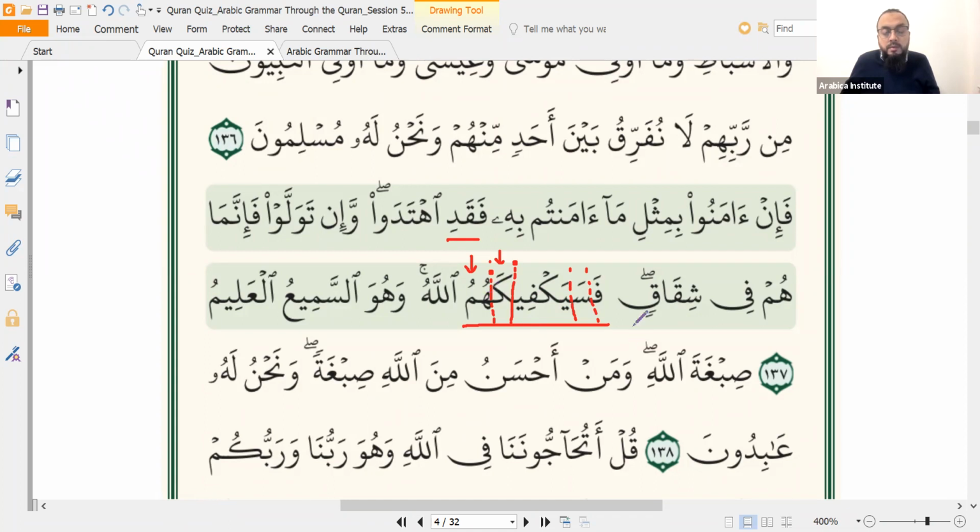Ustad, in this question, in ihtadaw, this is form 8. So the dal has a fatha on it. Why is that? Because in the normal form it would be ijtahadu, isn't it? You'd have a dhamma on there. But because there's a weak letter at the end, some phonetic changes happen. It's ihtada, yahtadi, isn't it? It's a ya from the root hadaya. So because it's a weak letter at the end, those verbs behave slightly differently, so we have to learn them separately.